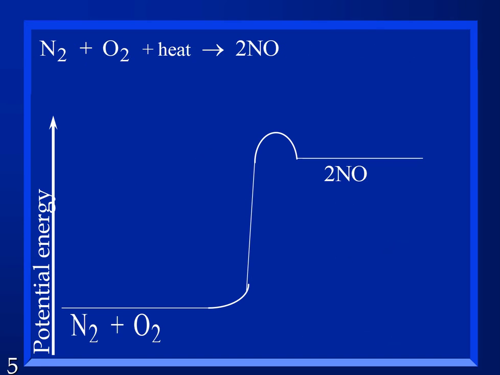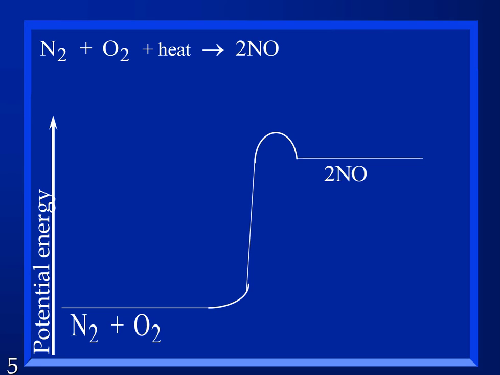Okay? So this would be the graph of what an exothermic reaction looks like. This is a graph of an endothermic reaction. Nitrogen and oxygen make nitrogen monoxide. That's the brown stuff you see out across the valley, because the air that gets pulled into your car engine gets heated up. When it gets heated up, the nitrogen and the oxygen react with each other. And the nitrogen oxide comes out the tailpipe, makes smog. Okay.